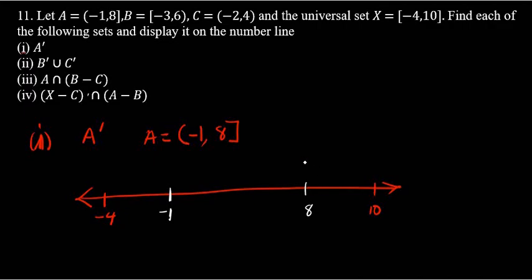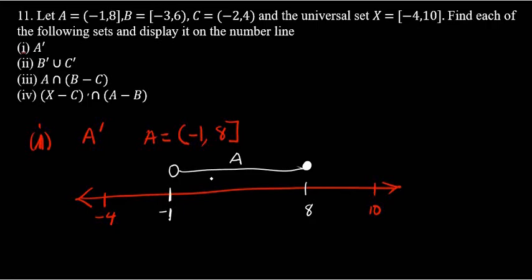So in A, 8 is included, so it will be a full dot. In A, -1 is not included, so it won't be a full dot. But this side it will be a full dot. Now